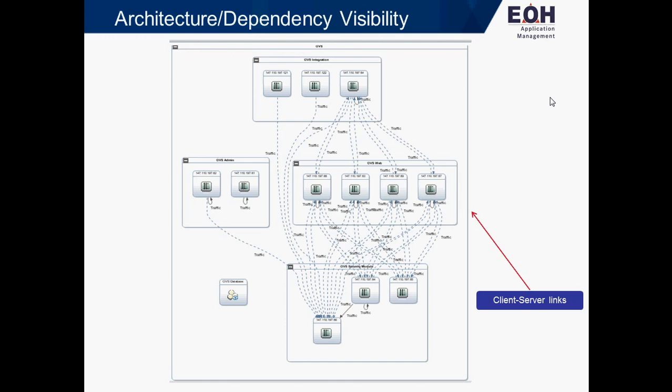Now, this view is a dynamic view. Immediately, if a new server were to be added into, let's say, the web layer, it would immediately pop into this diagram, and we would immediately see which machines are actually transacting with that specific machine popping into this view. Equally so, if a machine was removed, you would be able to see that. You can also see the traffic that flows between these devices and how they are dependent on one another from a